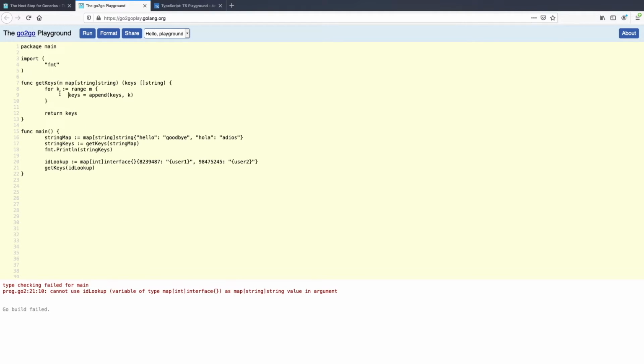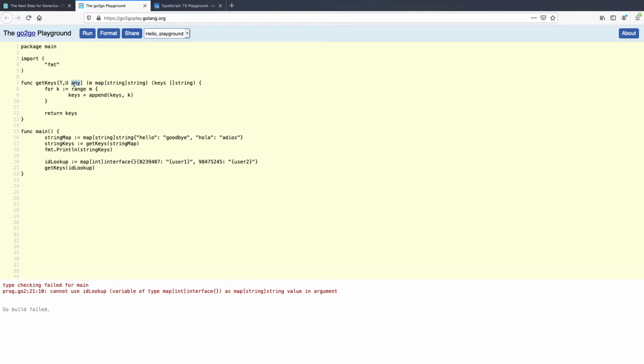So this playground, like I mentioned, is running Go generics, and we can give it a try. So just like TypeScript, we can take a key type, or we can call it anything. So just for clarity, the T and U can be anything. Now here you have to define inside these square brackets for the method the constraints on this type. So does the type need to have any kind of property? For example, this can be an interface type. It needs to have a specific interface or something like that.